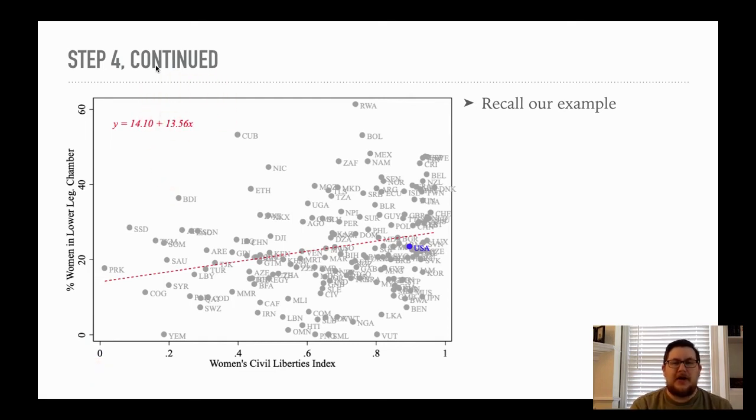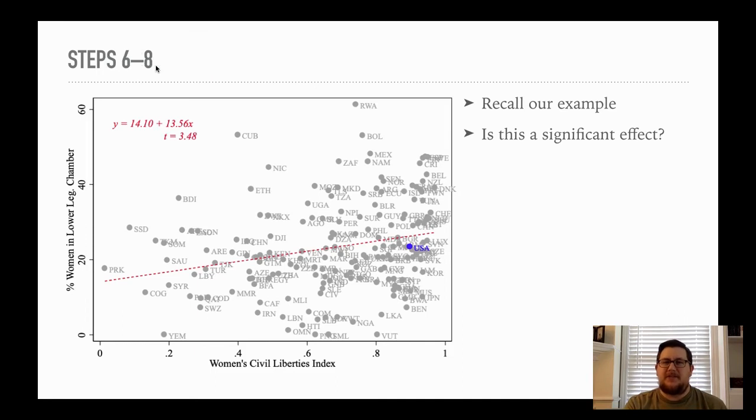Now, you'll see the slope of the line is 13.56. Sounds pretty big, all right? But let's think about that. Is it a significant effect? First and foremost, step 6 through 8, SPSS will return us a t-value of 3.48. Okay, that is beta is roughly 3.5 times larger than the standard error. Okay, is that significant? Yeah, it is. All right, because we have 173 observations here. We're estimating 2 parameters, which means we have 171 degrees of freedom. So as long as t is greater than 1.98, we're good.